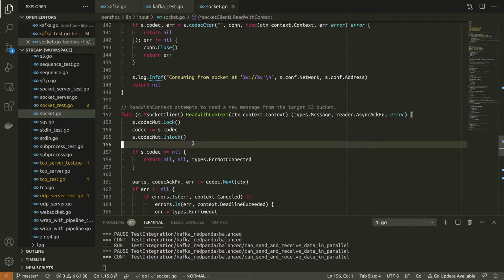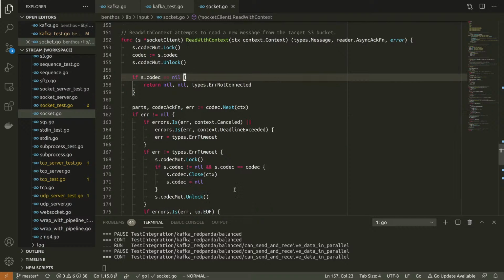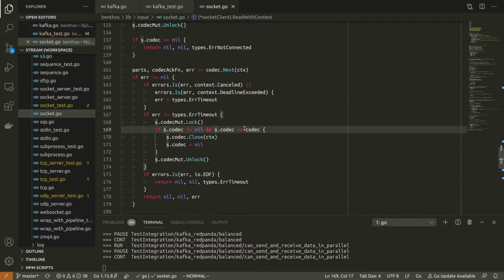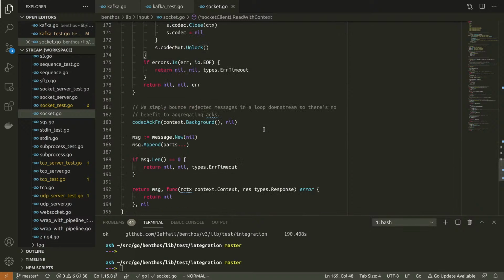I changed like 3 lines of code in this file, I think yesterday. This is one of the lines I didn't change that I probably should have. Oh, we've got more of it as well. Oh, okay, this one's correct. Yeah, so we get our own local copy of codec.